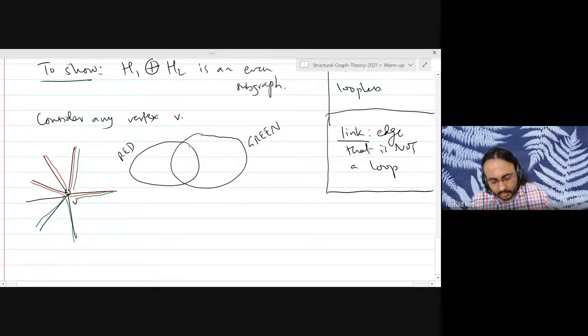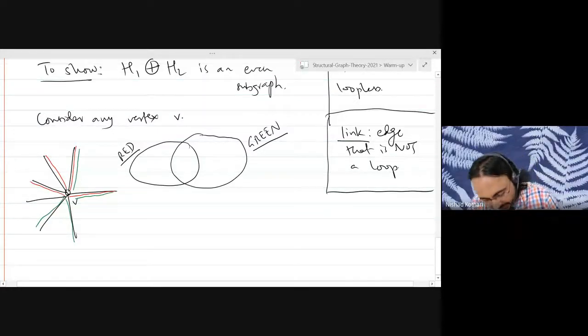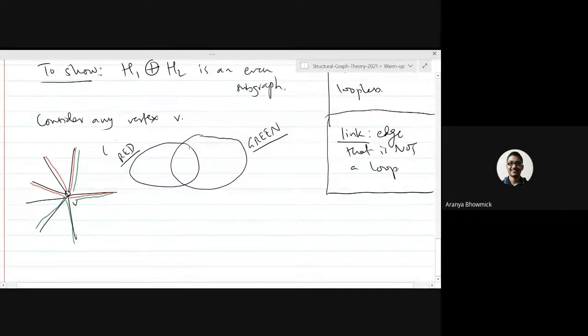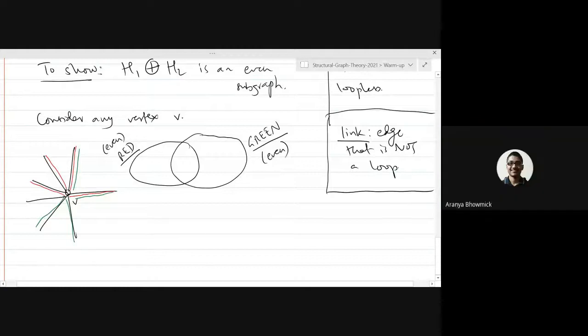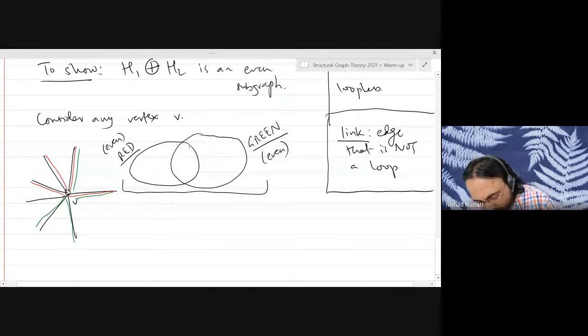So the set theoretic viewpoint, if you like, is you look at the red color. So the red intersection green can be either even or odd. Exactly. So based on that argument, we can proceed, because then what we want is red minus red intersection green union green minus red intersection green. Now we know that both red and green are of even cardinality. So whatever the cardinality of the intersection, even or odd, the symmetric difference must be even.